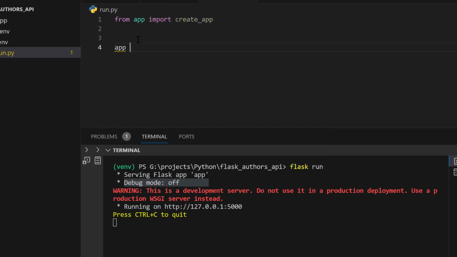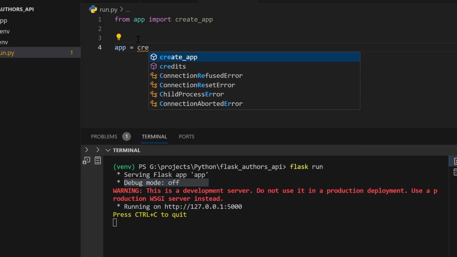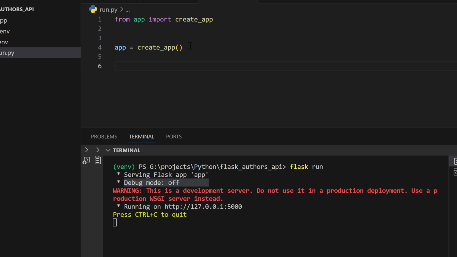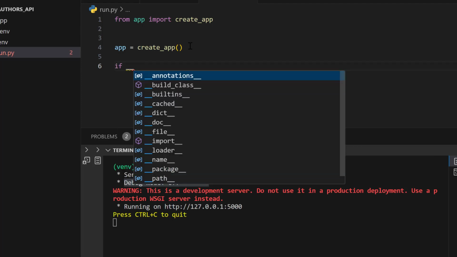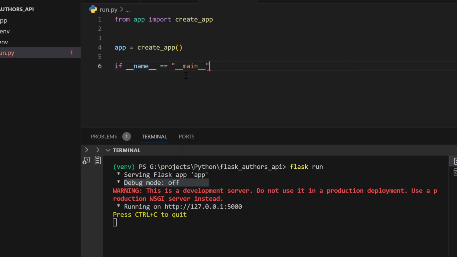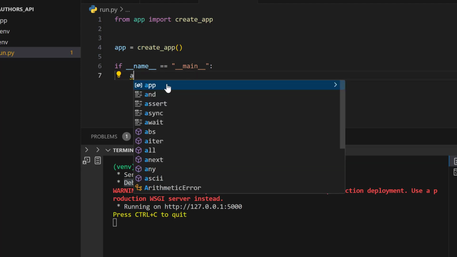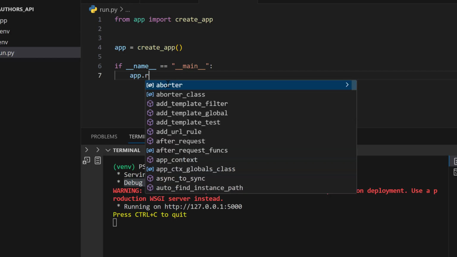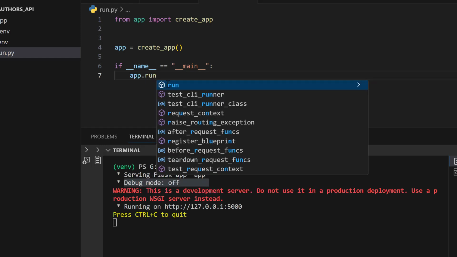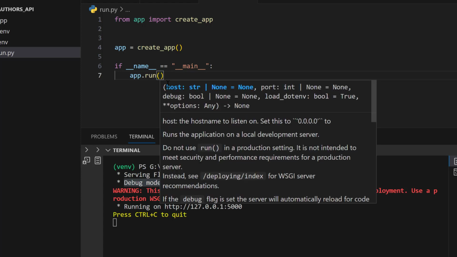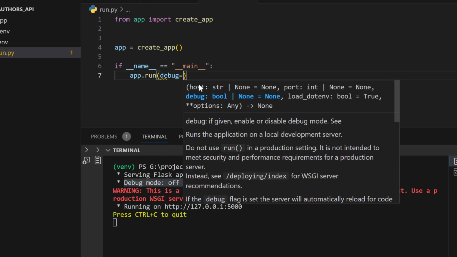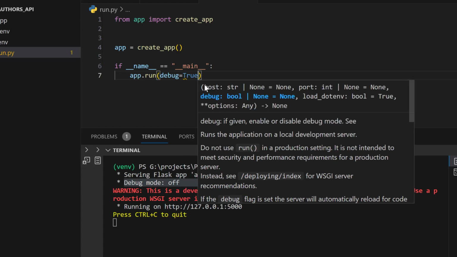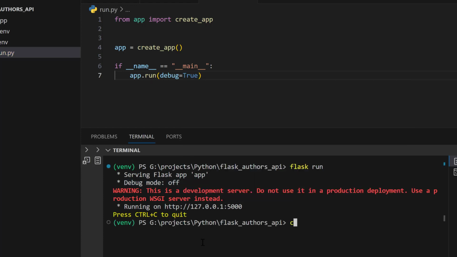So we shall therefore go ahead and define a variable app that is going to be assigned to the app instance. So we shall check if __name__ is equal to "__main__". Then we shall therefore go ahead and update our debug mode to true. So app.run, with the parameter debug set to True,